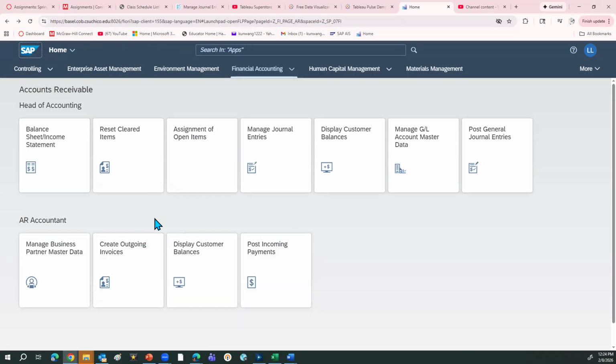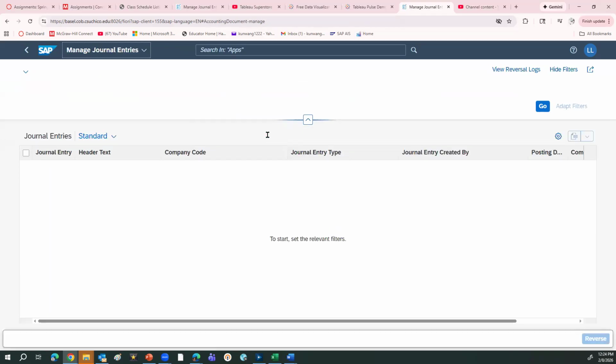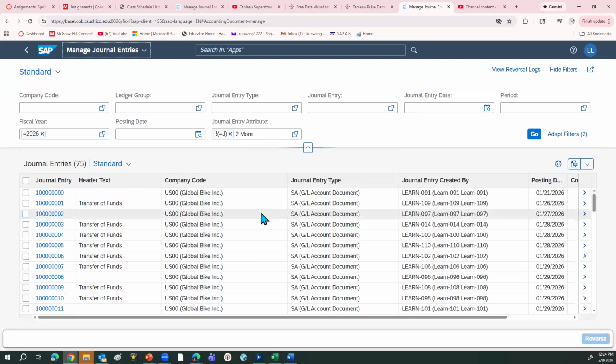So I'm going to simulate a cancellation of an existing invoice. To do that, I need to go to Manage Journal Entries, to reverse one of the invoices we already made. Because we have multiple users in our class system, if you want to narrow it down to only display the journal entries you made, rather than showing the journal entries from other users,